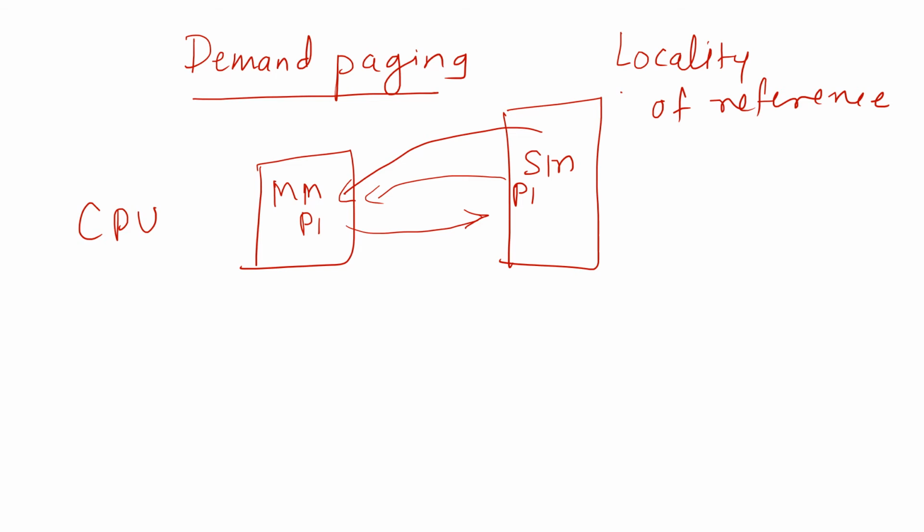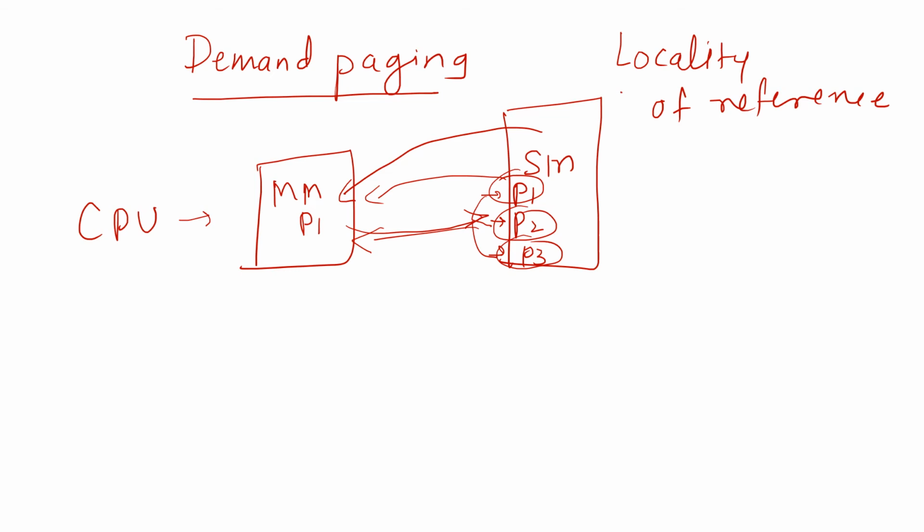Why am I saying in advance? Suppose there are P1, P2, P3. As I mentioned earlier, if they are located nearby in the secondary memory, the CPU will assume that after the use of P1 it may require P2 and P3. So the system will bring all P1, P2, P3 in main memory if the space is available, and then it will start processing. This is how it works.